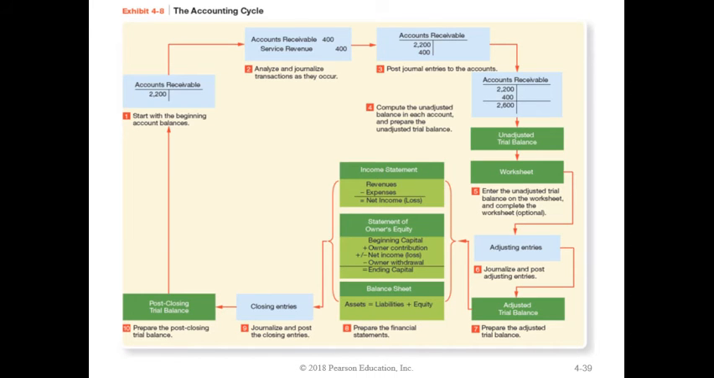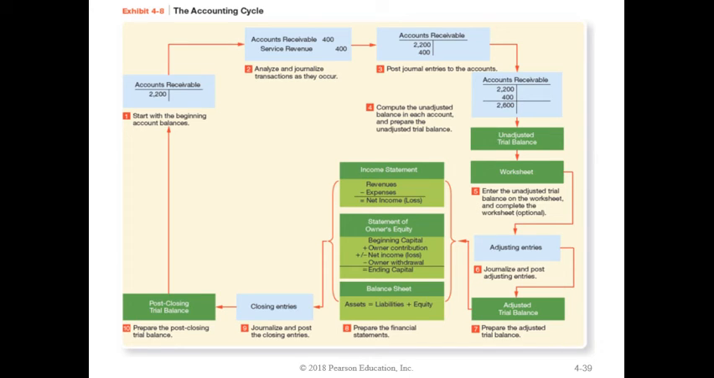So this is an example of that accounting cycle. We see here with number 1, in the upper left-hand corner, where we start with the beginning account balances, then we analyze and journalize those transactions, we post the journal entries to the accounts, we compute the unadjusted trial balance, then we make our adjusting entries, then we move on from our adjusting entries to our adjusted